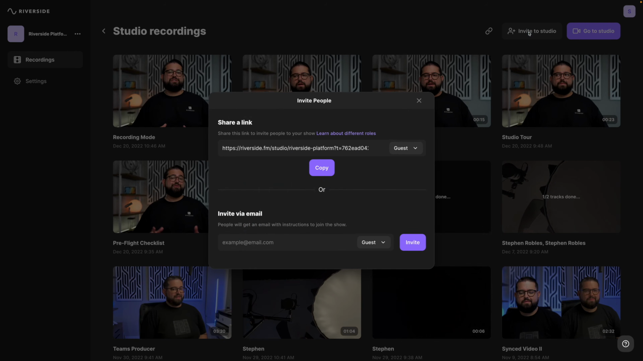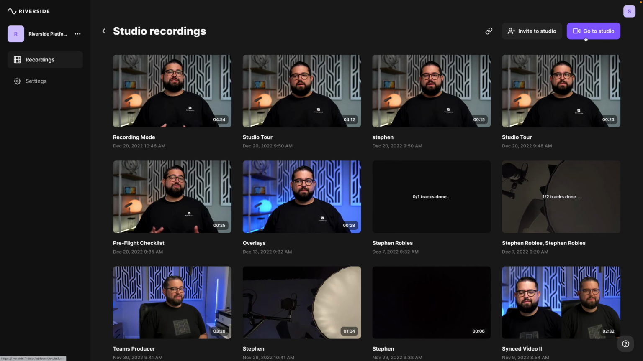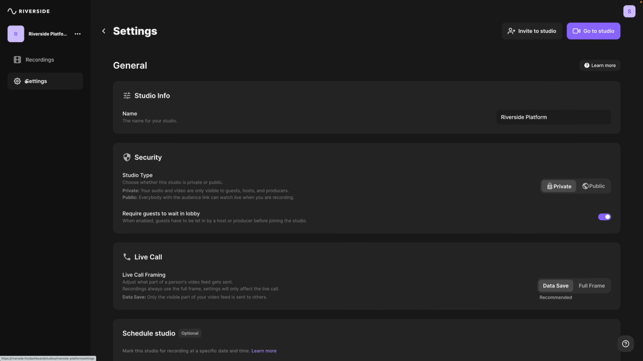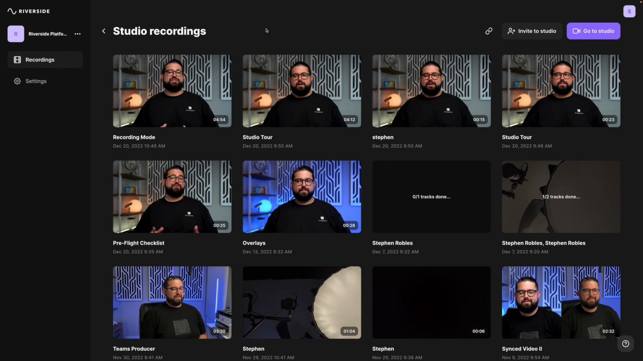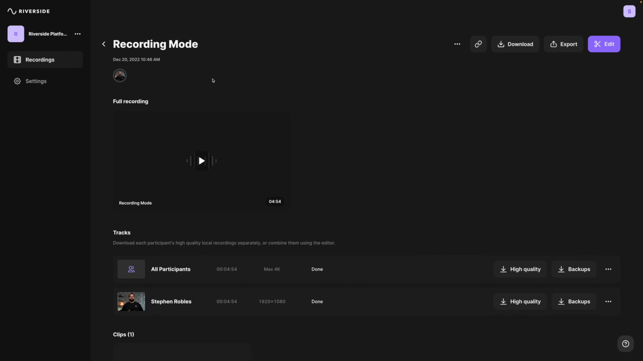There's another Invite to Studio button where you can send a guest link, and there's the shortcut to going into the studio to record. You also have the settings gear icon, which shows you all of the studio settings that we saw before. To download the individual tracks or export a recording, click the episode or recording you have here,